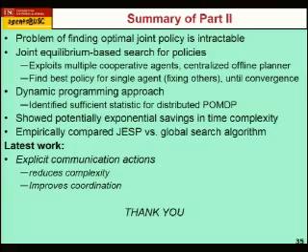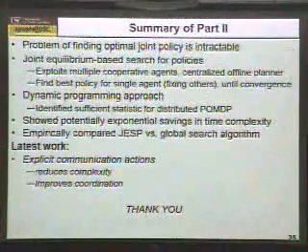So here's a summary of the talk then. Finding the globally optimal joint policy is intractable. Hence, we searched for a locally optimal policy. It exploits the fact that we have multiple cooperative agents, allowing you to have a centralized planner. You find the best policy for a particular agent by fixing all the other agents, and you repeat this until